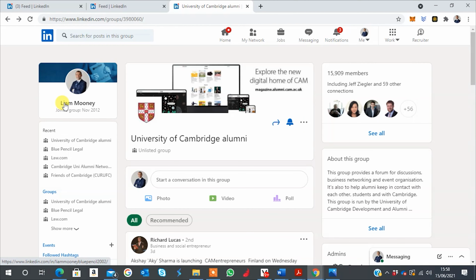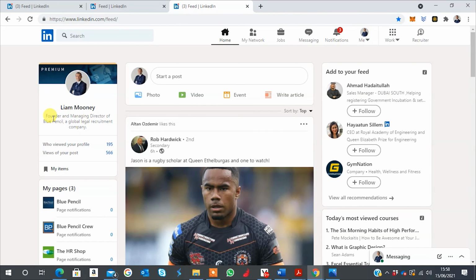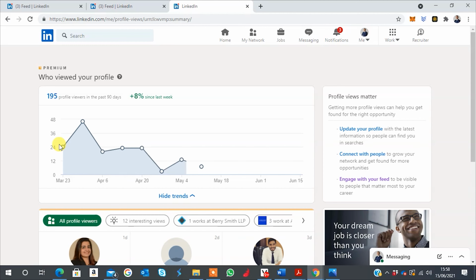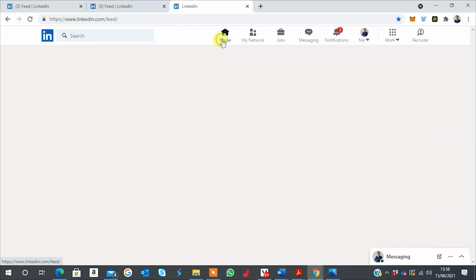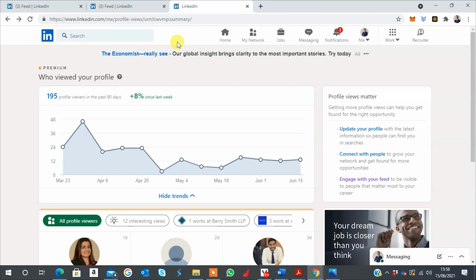The third way of looking at things is you can check who's viewed your profile. So obviously if someone's been viewing your profile, chances are that they're interested in you for a specific reason, and you can go after the people and send them invites on LinkedIn. So there's no specific scientific way of doing it, but this is how you build up your network. It also increases your chances. The bigger your network, the more chance you've got of being approached for a specific role.